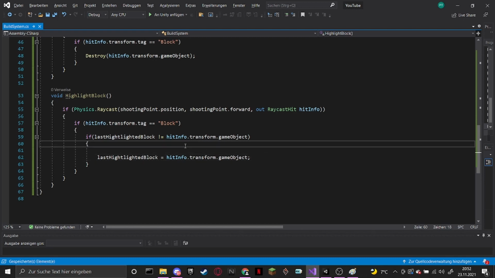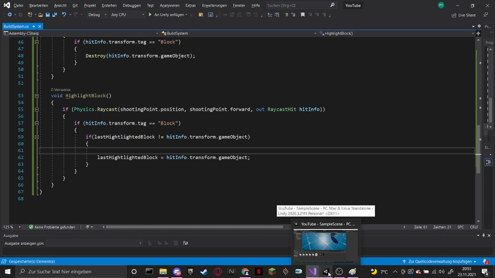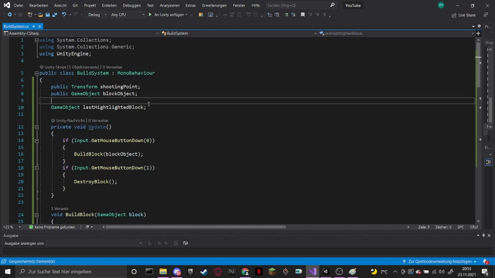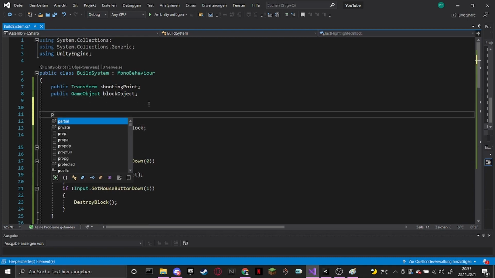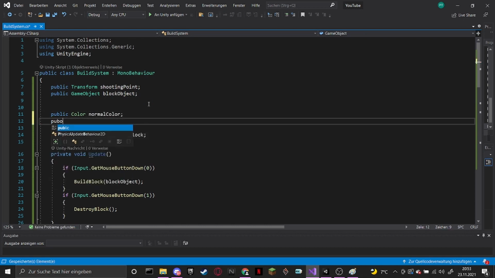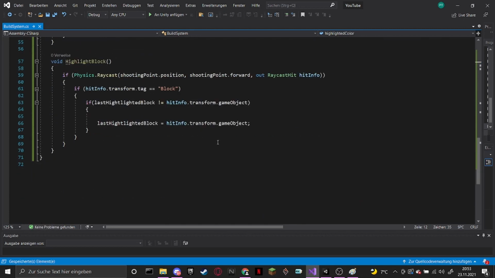Okay, so now we actually want to change the color of this block, and we can do it also quite simply. We just have to declare two other variables, and those are going to be a public color, let's just call it normal color, and a public color highlighted color. Nice. Now let's just drag it down here,